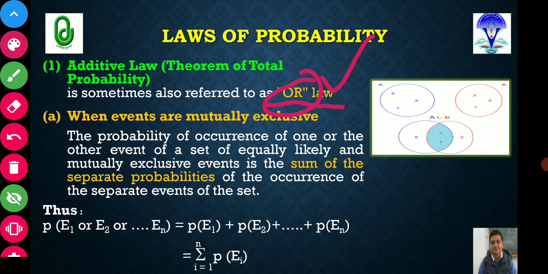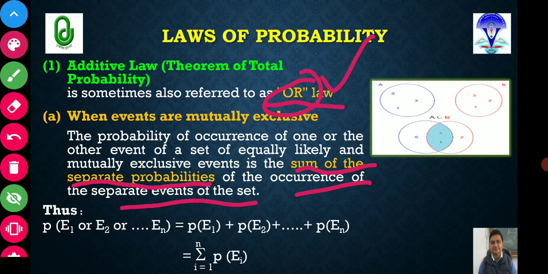When events are mutually exclusive, so there are two conditions when we are applying the additive law depending on the nature of events. So when events are mutually exclusive, the probability of occurrence of one or the other event of a set of equally likely and mutually exclusive events is the sum of the separate probabilities